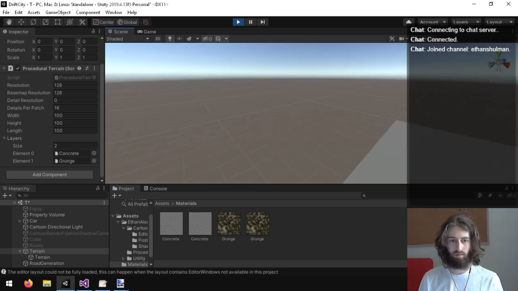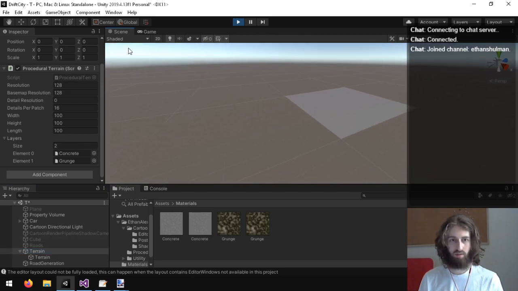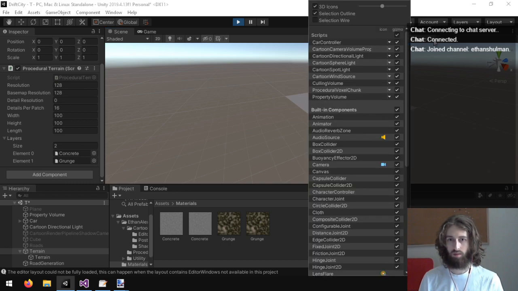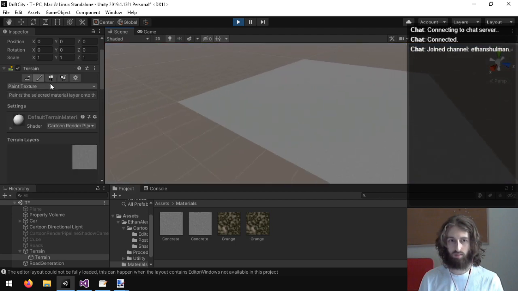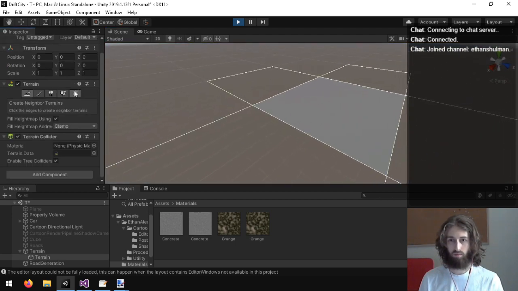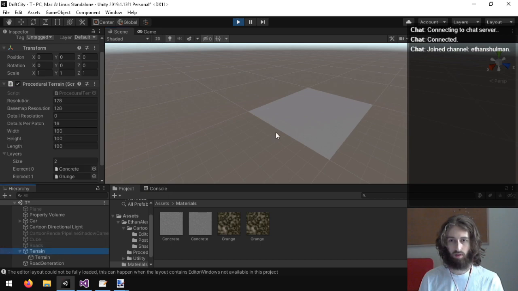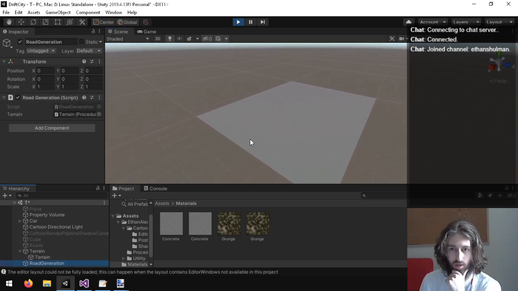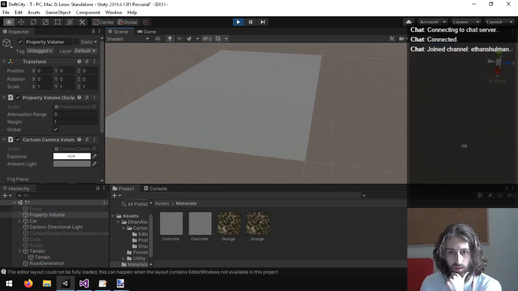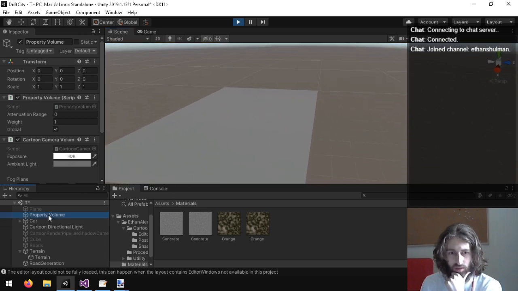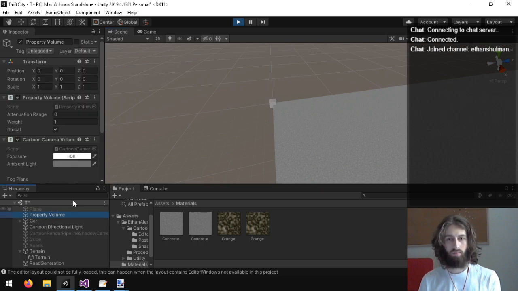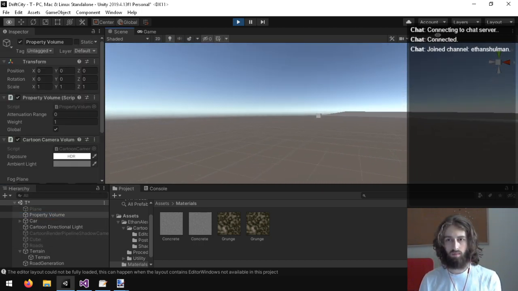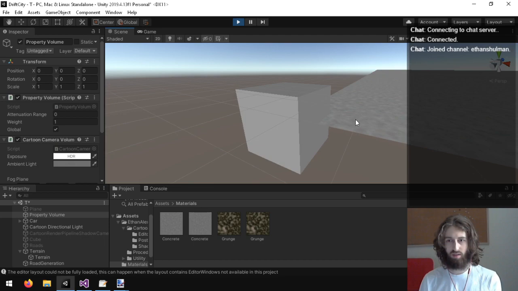Where is the position? Why is there no selection thing on the terrain here, or on the game object? Where are my selector gizmos? Wait, so this box is a gizmo here.